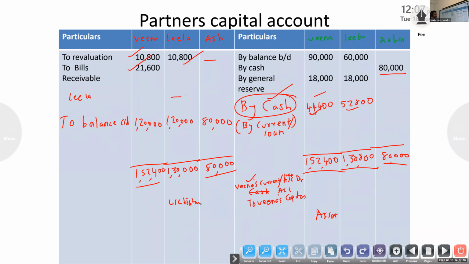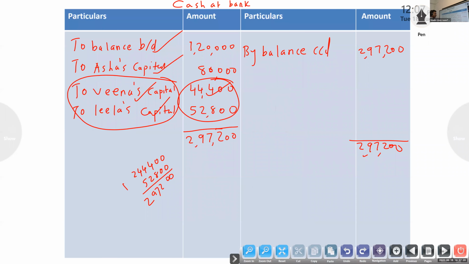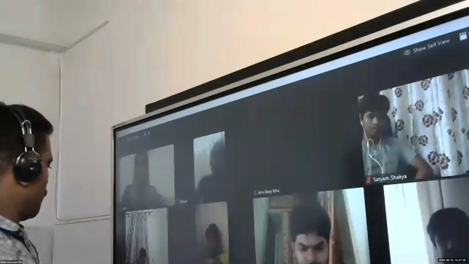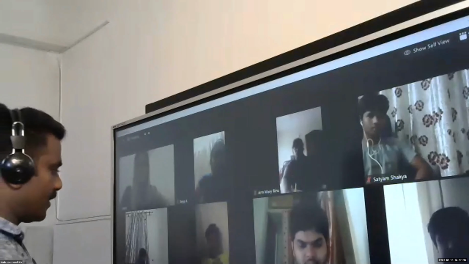Leela's current account here means liability side we have to write. So here everything is credit side. Asset side, because it is our asset, they have to bring it, so we will get it. If they can withdraw, it means our liability. Okay, they have to bring means asset. Clear? So any doubt related to this portion?